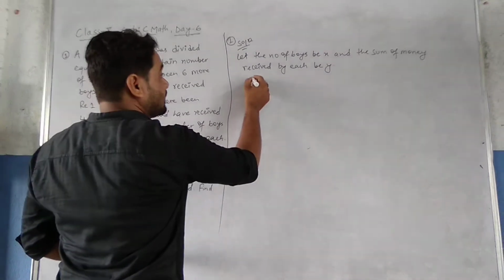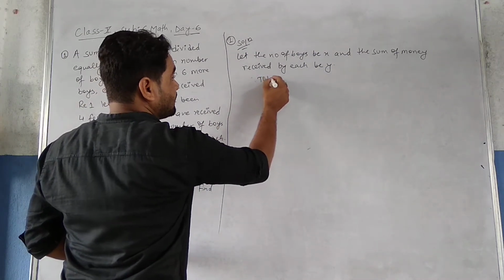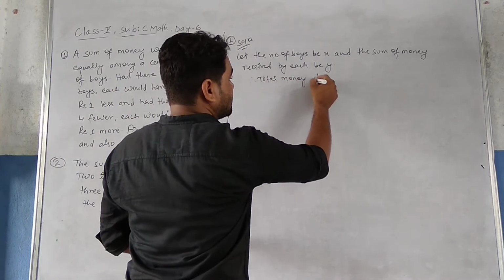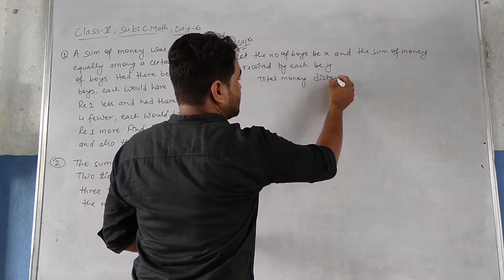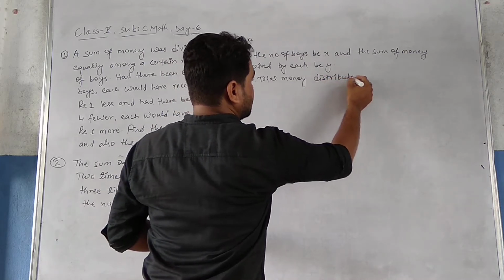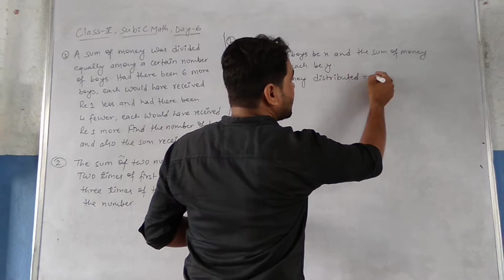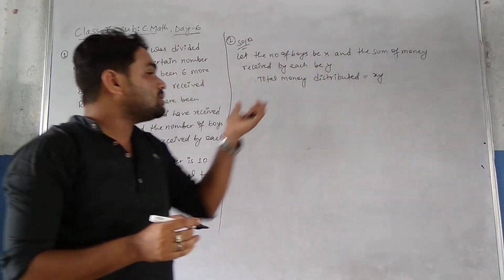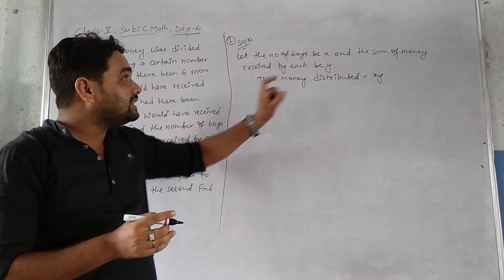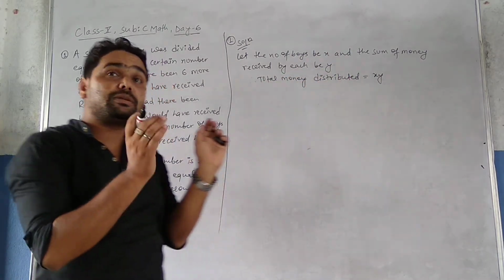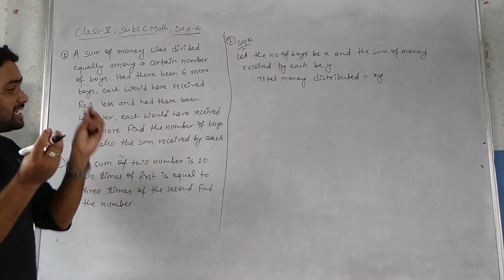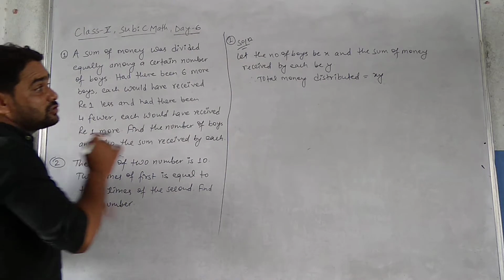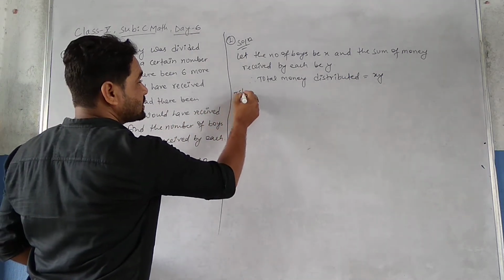So our total money distributed equals x into y. That means the number of boys is x, that means x boys are there, and they will each receive y. That means when we multiply the amount each student receives by the number of students, we get the total money, that is x into y. Now according to the first condition,